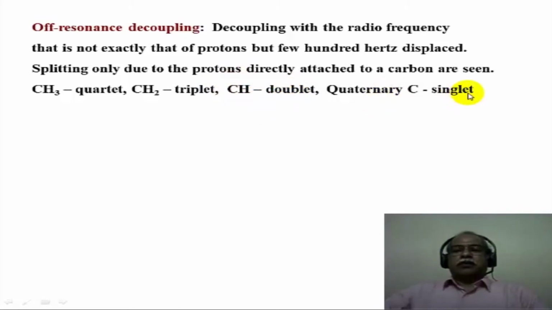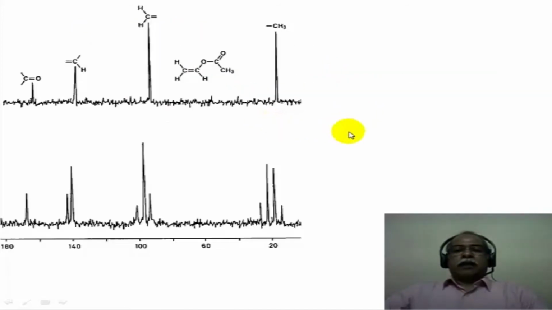Quaternary carbons of course don't have any hydrogen to split, therefore that will appear only as a singlet. So from the multiplicity one can identify whether it is a CH3 carbon or a CH2 carbon or a CH carbon or a quaternary carbon using the off-resonance technique. And the off-resonance spectrum is presented here for the